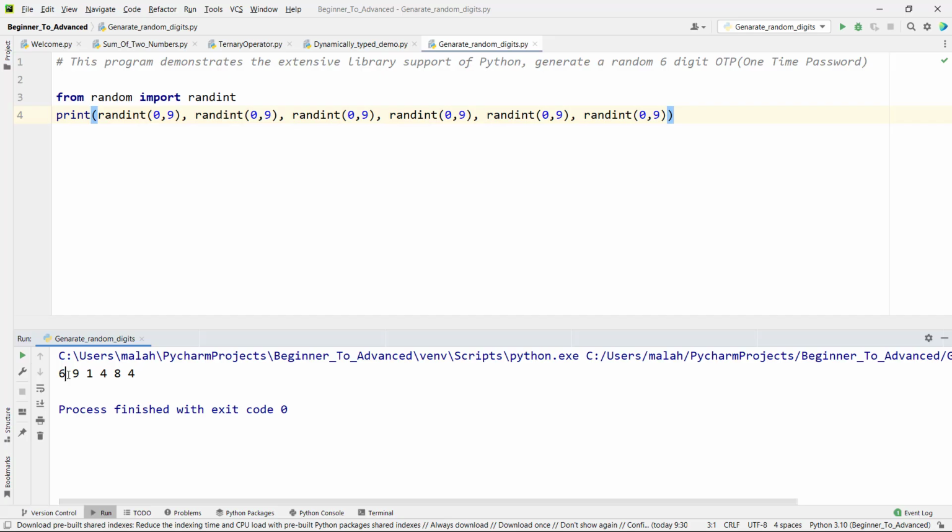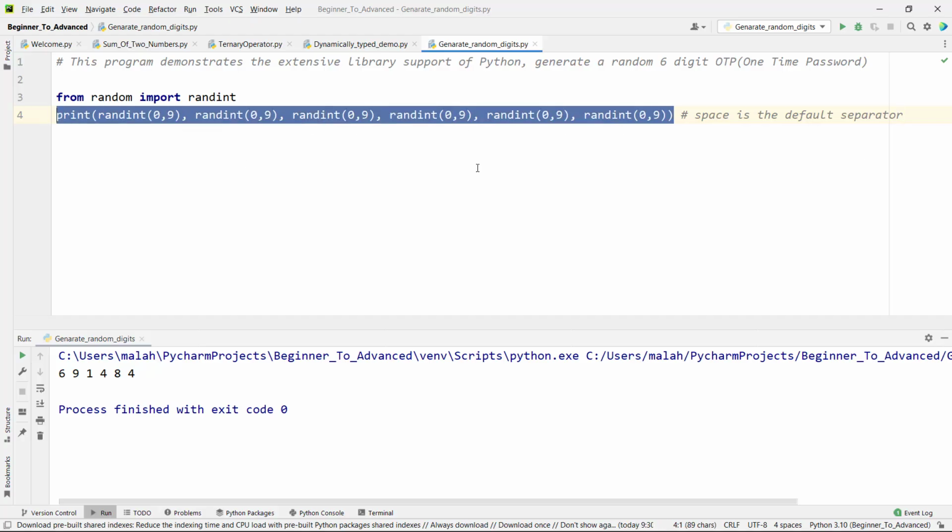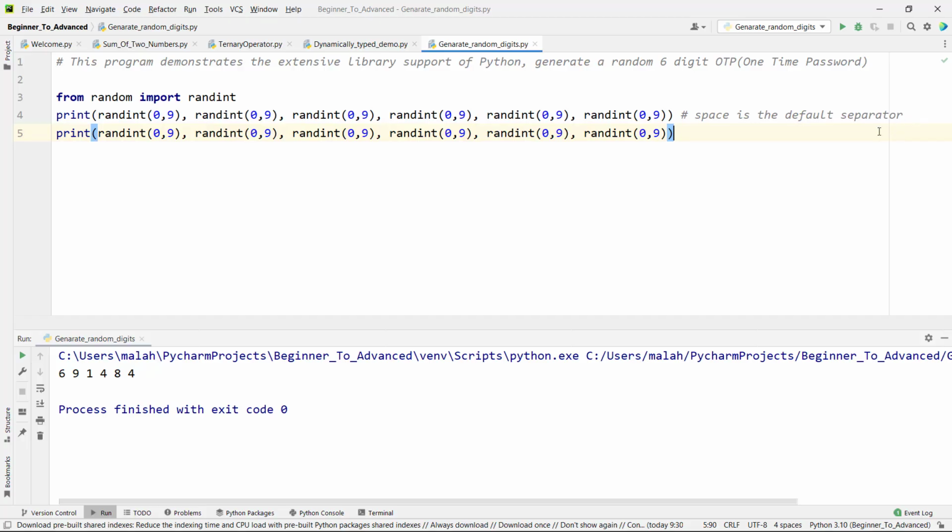So here if you notice, space is the default separator. Let me write the comment, space is the default separator. For example, let's say we wanted to replace this default separator space with something else. Let's take the same code. Instead of default separator, if you wanted to replace with